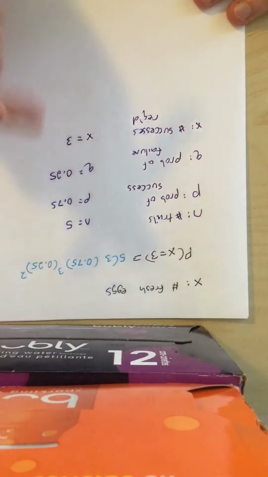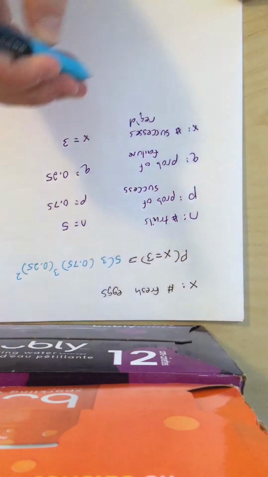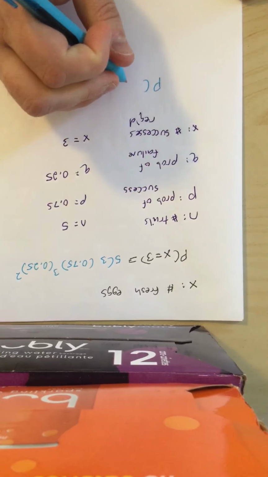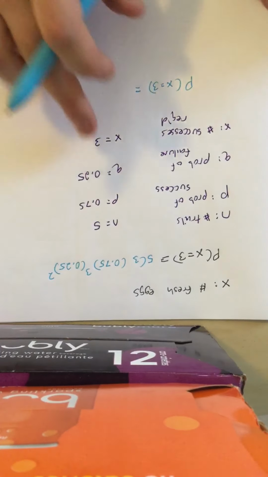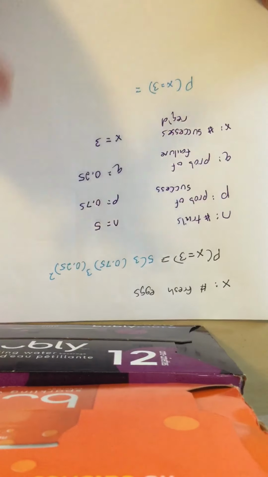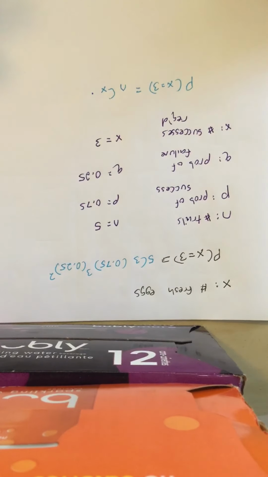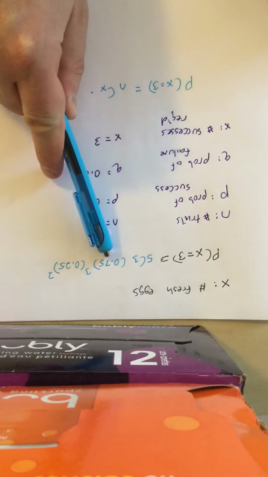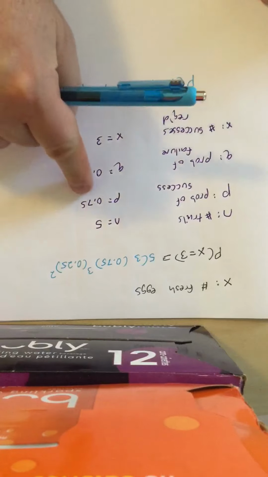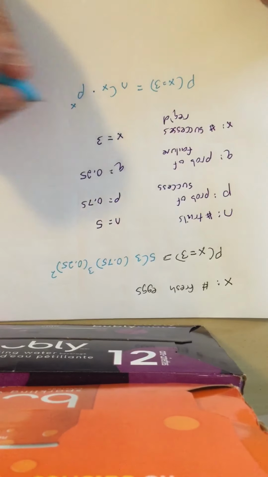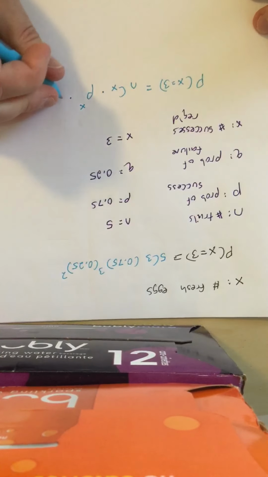So if I wanted to make a formula out of this, it's going to be looking up the probability that x is equal to 3 equals 5 choose 3, that looks like n choose x, times the 0.75, that was the probability of success, so it's going to be p, to the power of the number of successes we want. It's going to be p to the x times the 0.25 is the q,